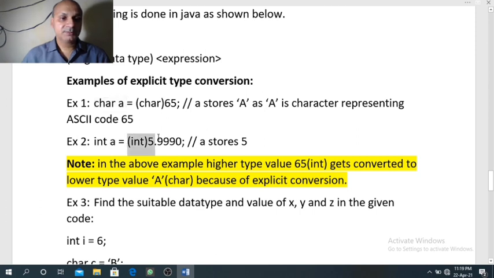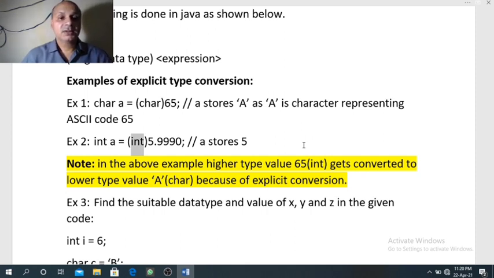Now second example, int a equal to int in parenthesis, after that 5.9990. So here 5.9990 is a double value which is changed to integer type. So here after point whatever digits we have, those digits will get truncated.